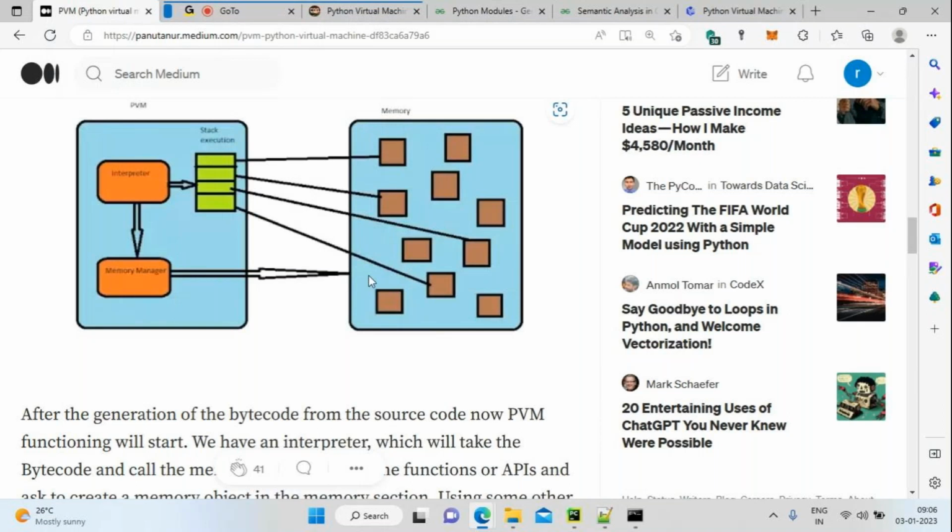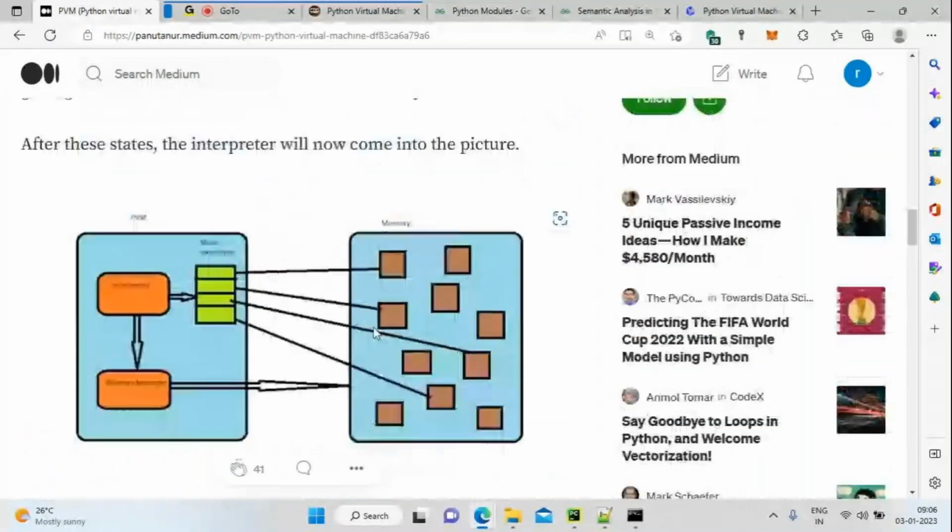Without the memory manager, you can't create an object memory. You might be asked a question like, what kind of memory is it? It is a heap memory. The PVM stands for Python virtual machine. In the virtual machine only you can see the interpreter. The interpreter creates an object for the corresponding class through the memory manager.